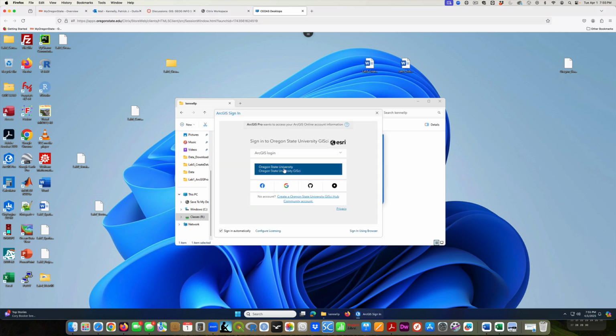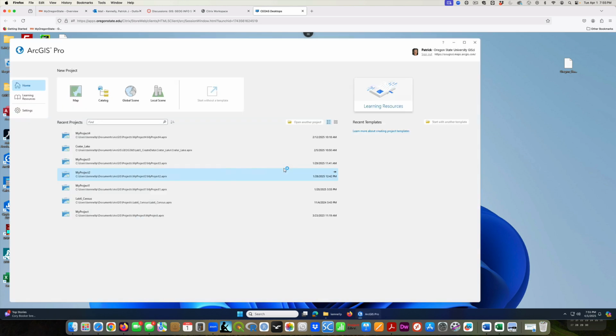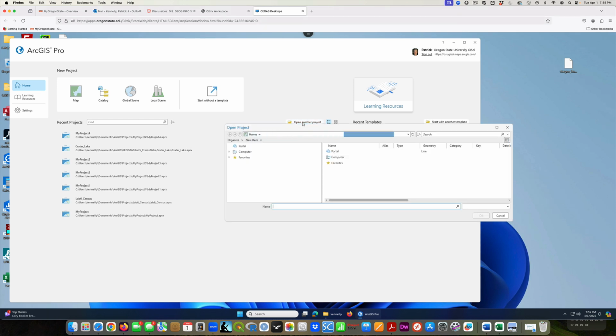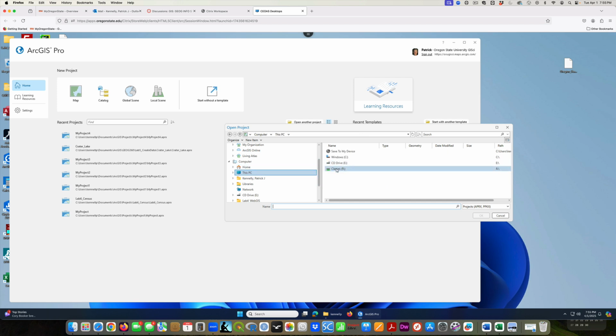Of course, first I have to sign in. And once I'm signed in, I'm going to go to this button here and I'm going to say open another project. Once I say open another project, I want to go to the folder I just copied over. So I want to go to the R drive on this PC, the R drive,